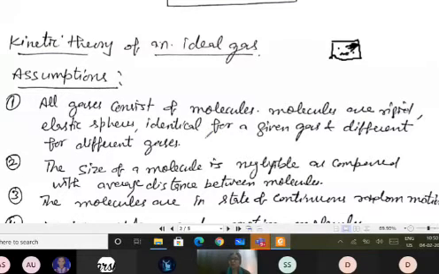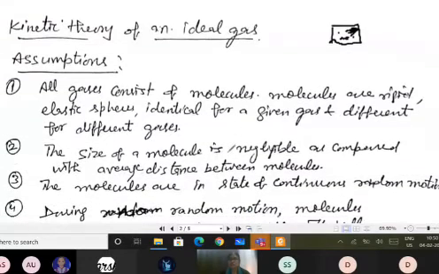They are identical for a given gas, and of course if I am talking about different gases, then these molecules will be different from the first gas. But for a particular, given gas, all the molecules are taken as identical, and elastic spheres. These things you have to note. These are very important. Many times they ask you to write only the assumptions for 2 marks. You have to write 4 assumptions, important ones of course. So you need to know the assumptions and settle them in your mind.